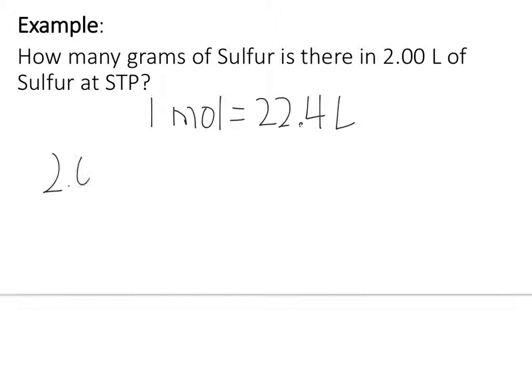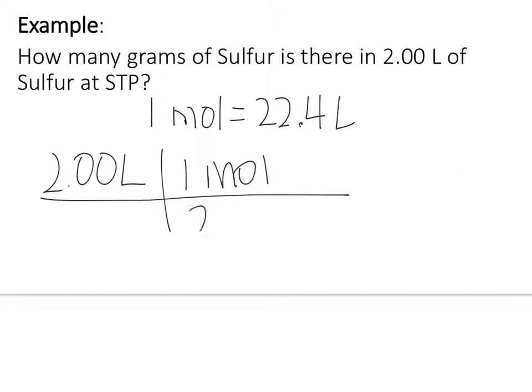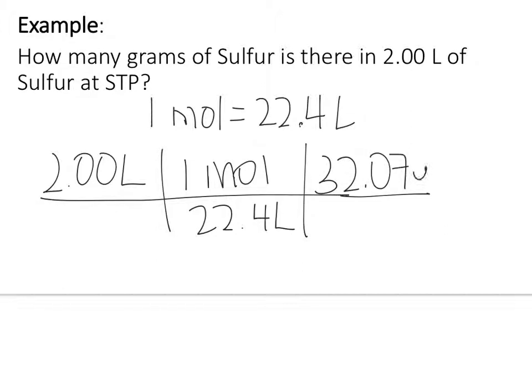So, 2 liters times 1 mole over 22.4 liters gets us now moles of sulfur. However, we want grams of sulfur. Molar mass of sulfur is 32.07. Plug that in your calculator and you get